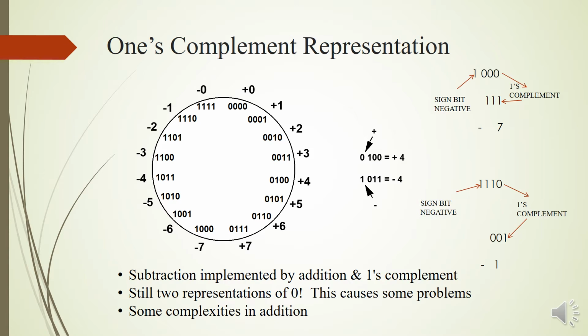For example, if I consider a 4-bit number 1000, here the MSB bit 1 gives the sign of the number, that is negative. The remaining 3 zeros will be the ones complement form of the number. Converting this number into ones complement, in this case it is 000, converting into ones complement we get 111. 111 in binary is equal to 7 in decimal. So the total value of this 1000 is equal to minus 7.